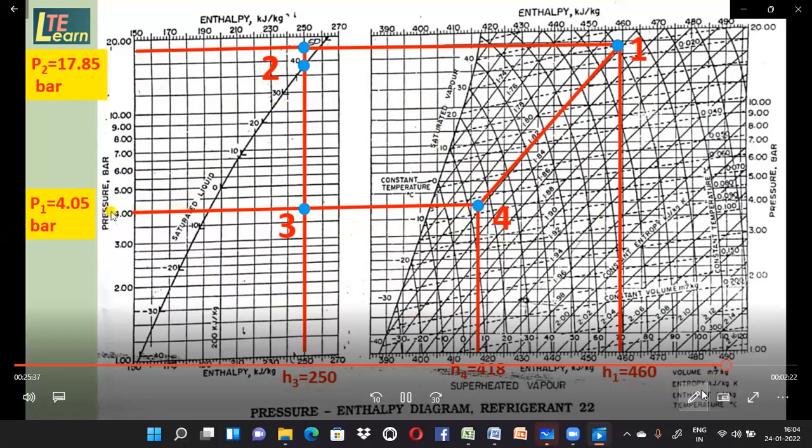So here you see suction pressure line, this is discharge pressure line, which are horizontal drawn. As per the temperature reading, after compression point number 1, after condensation point number 2, after expansion point number 3, and after evaporation point number 4. By using this temperature, we locate these 4 points. After that, through these points, we project lines vertically on the enthalpy scale. So here we find from this line enthalpy H1, from this line enthalpy H4, and from this line enthalpy H3. Writing these enthalpies,